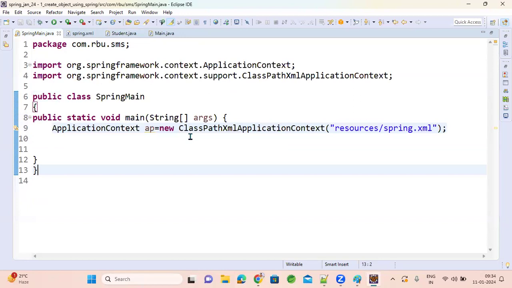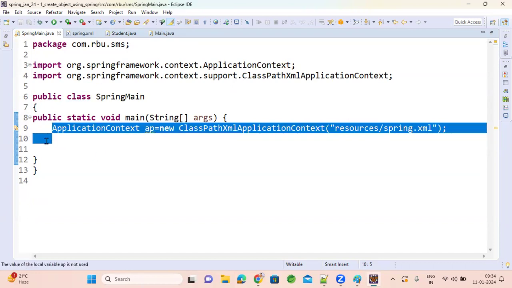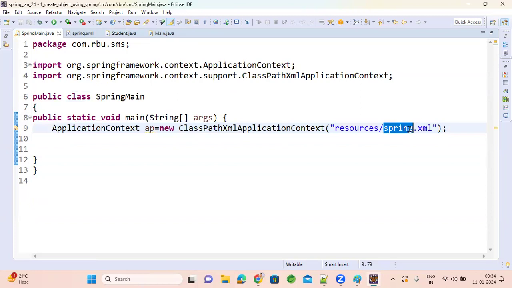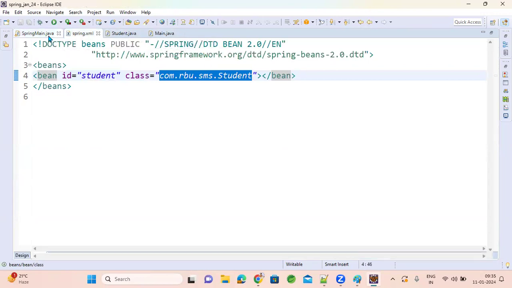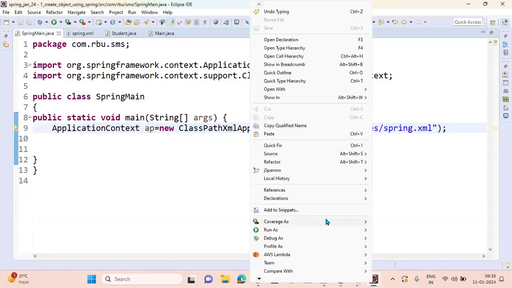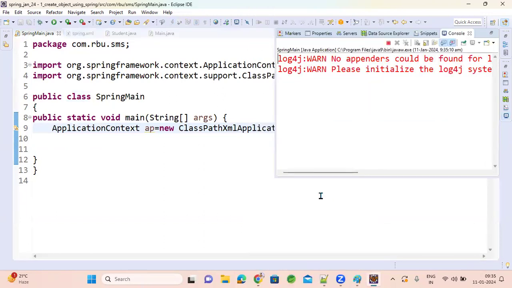I know that very well. What about in Spring? Now in Spring, I'm not creating anything here. No student object, nothing. I'm just using a Spring helper class and loading the XML file. And in this XML file, I have configured my bean class, but I don't know how it will perform. Run it and see. Surprisingly, student object created here.